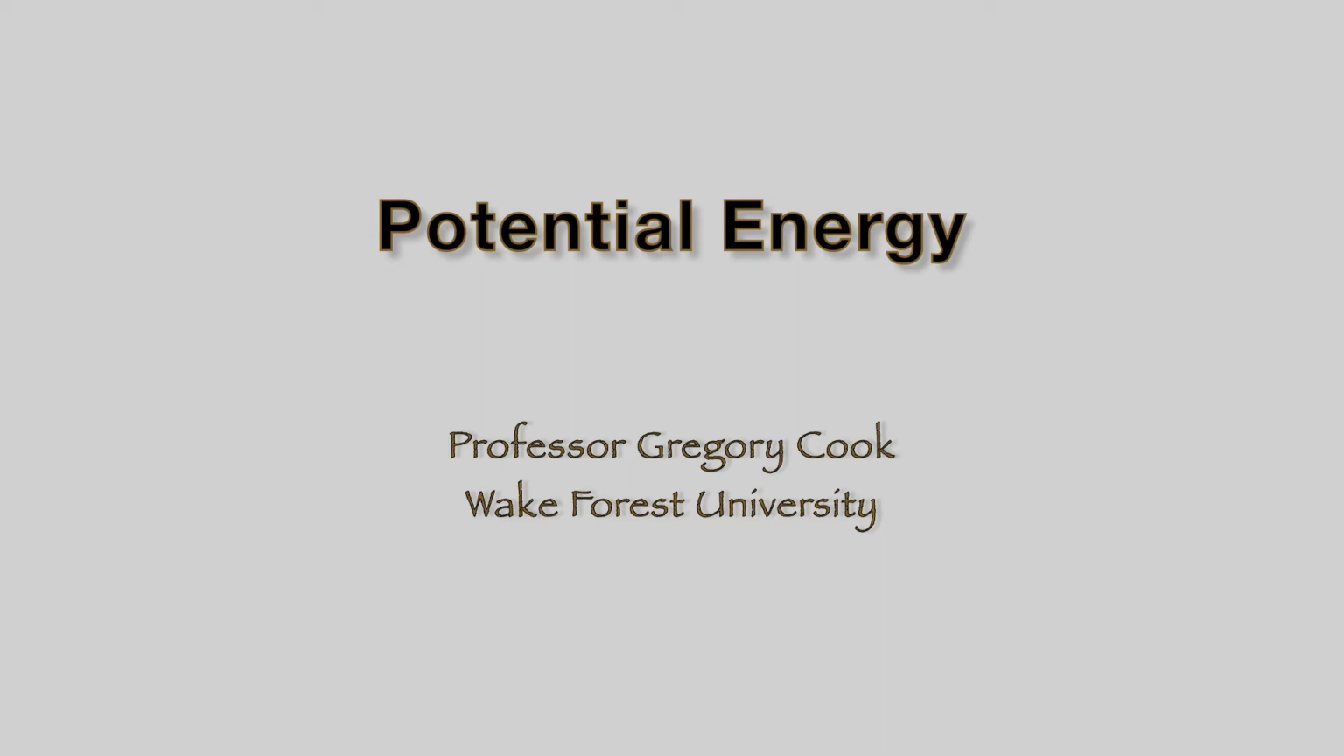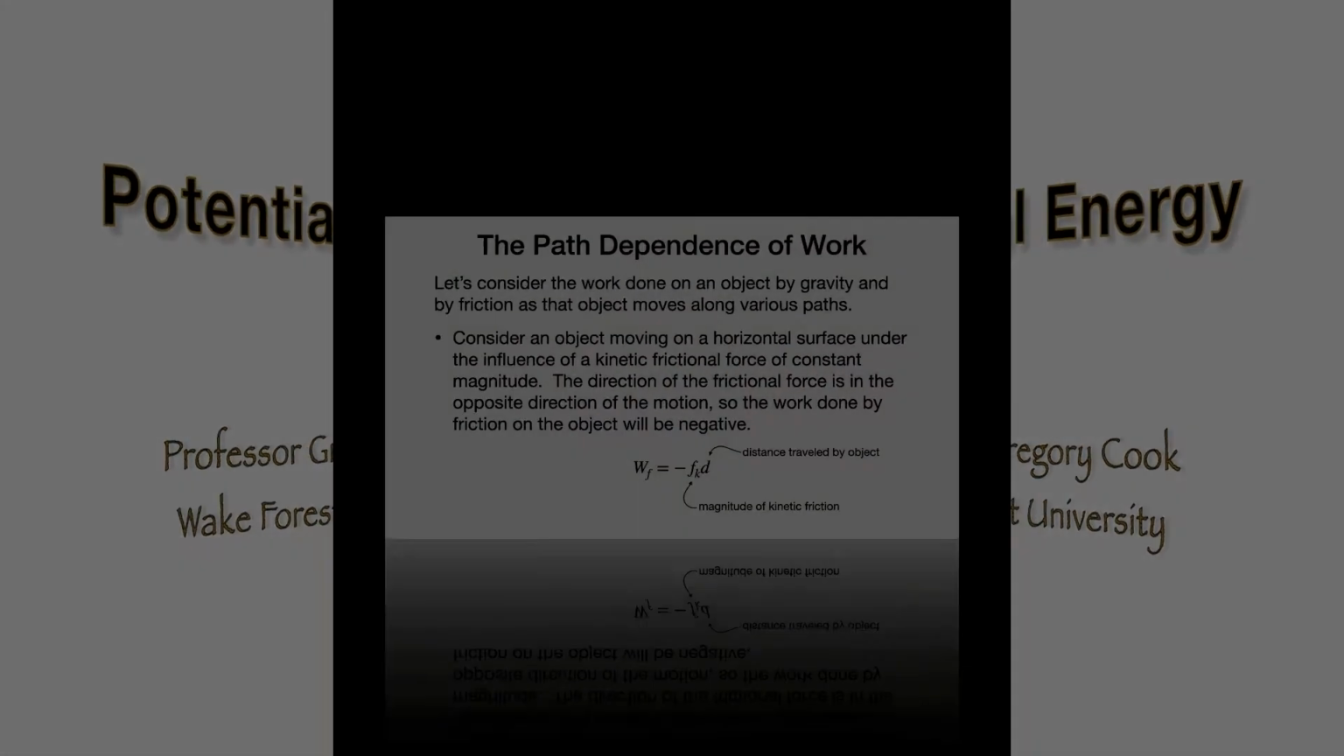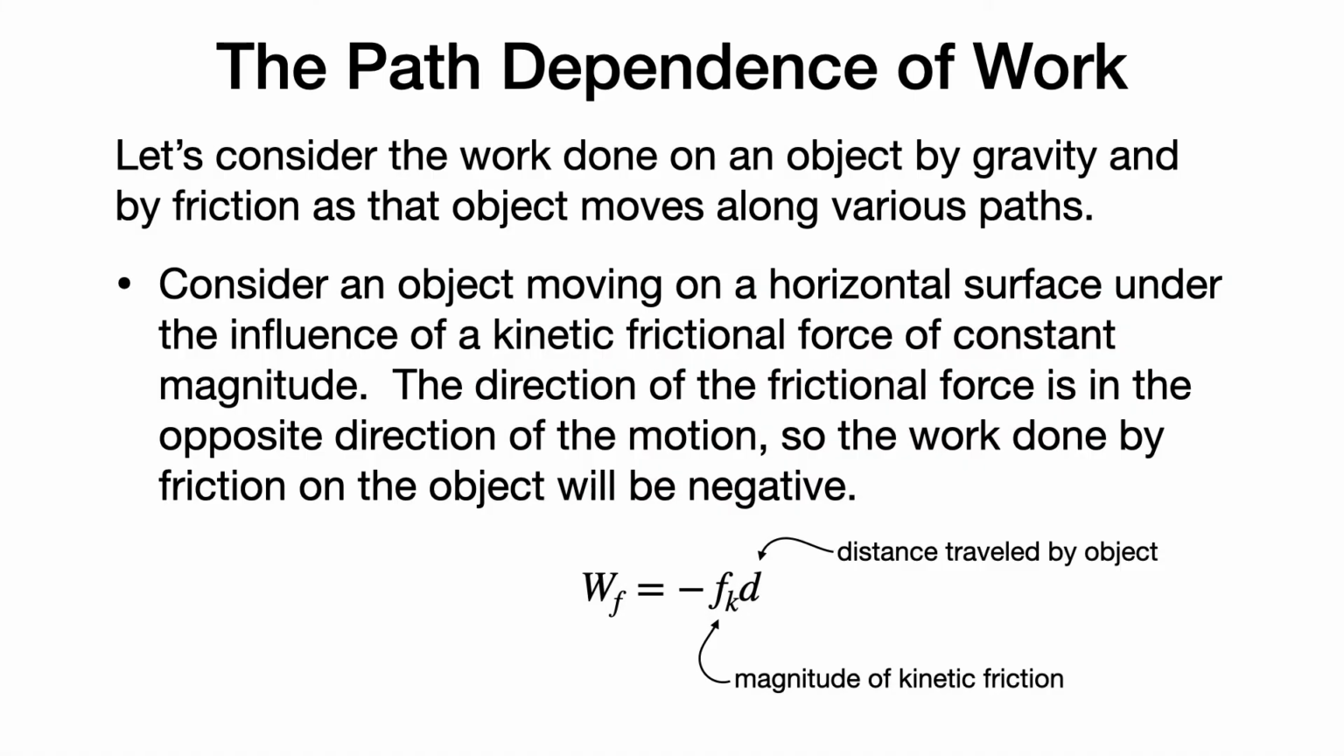In this module, we will consider potential energy. Let's consider the work done on an object by both gravity and by friction as the object moves along various paths. First, let's consider an object moving on a horizontal surface under the influence of a kinetic frictional force of constant magnitude. The direction of the frictional force is in the opposite direction of the motion, so the work done